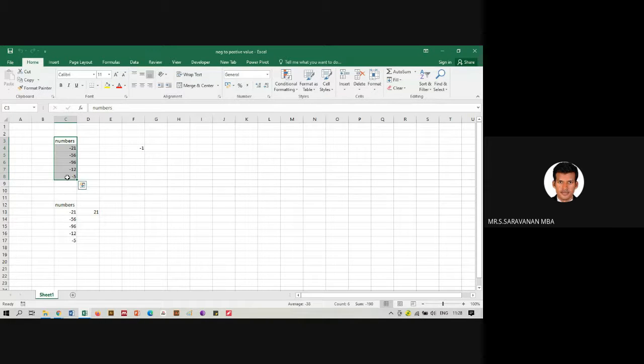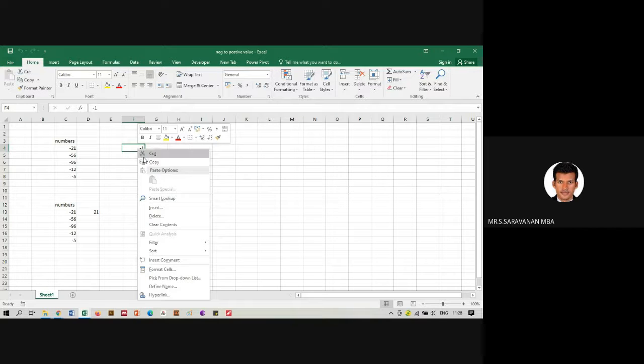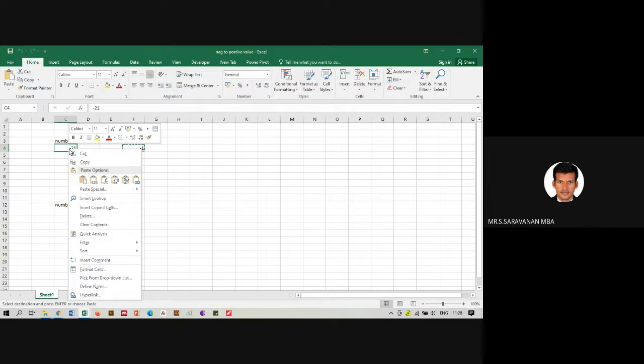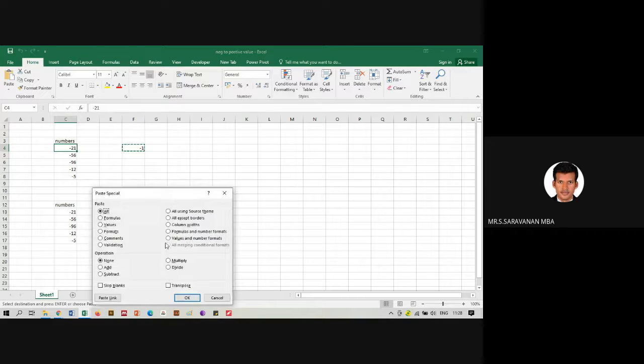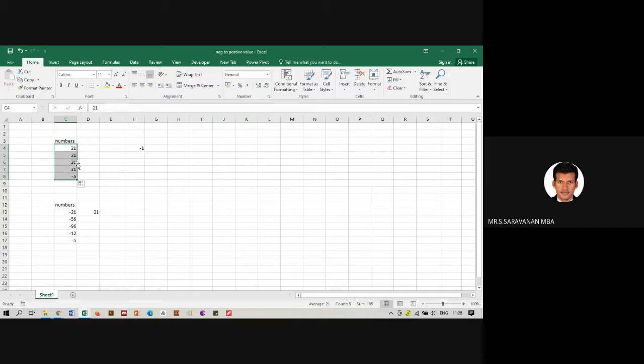One is to copy this, right click, go to Paste Special, and multiply it. So automatically it changes into the positive value.